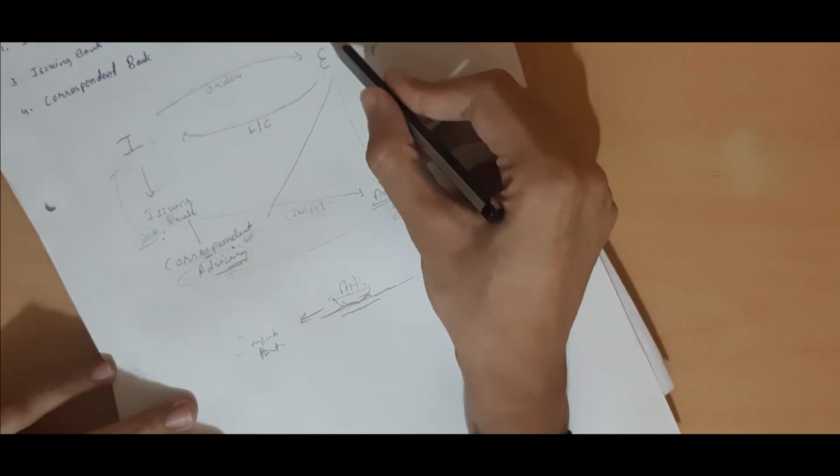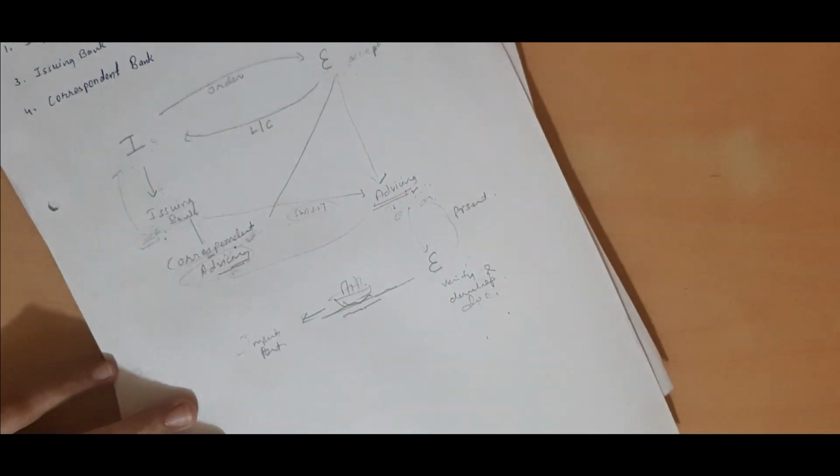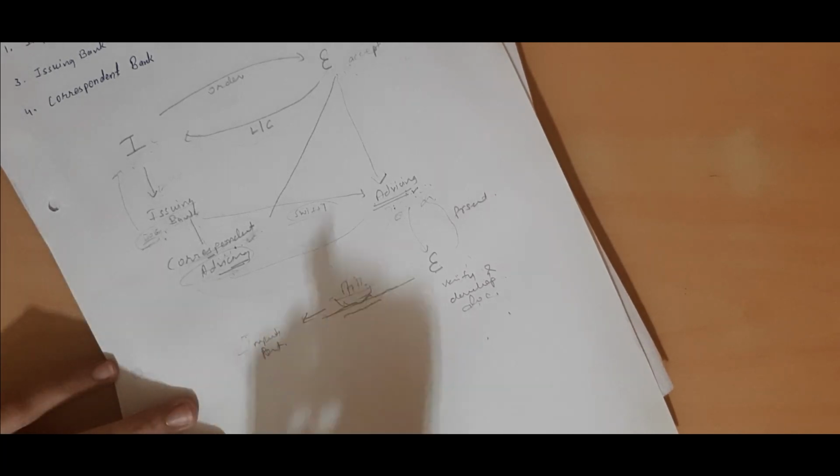Now come to the point of the negotiating bank. These are the basic banks actually included in the process. The other banks, that is the 6th, the negotiating bank, and the other 2 banks which I will discuss in part 2, are optional ones, which depend on the situation. So if I'm talking about the negotiating bank, it is the case in which